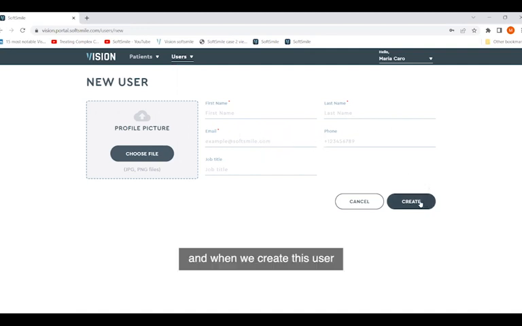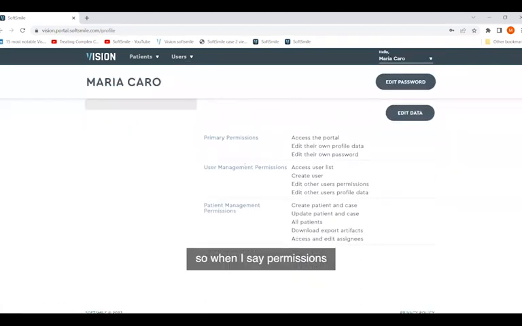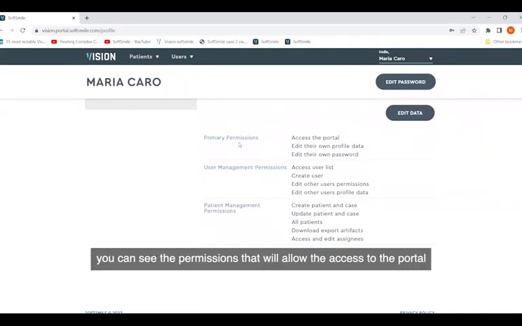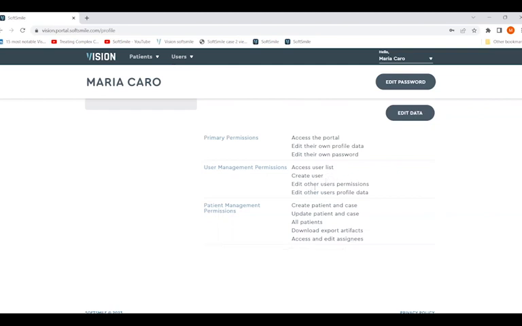And when we create this user, you'll be able to add the permissions that will entail what they can do within the portal. I'll share what my profile looks like. So when I say permissions, you can see the permissions that will allow access to the portal, edit to their own data profile and their own password. You'll have the management permissions that give access to the user list or create new users,